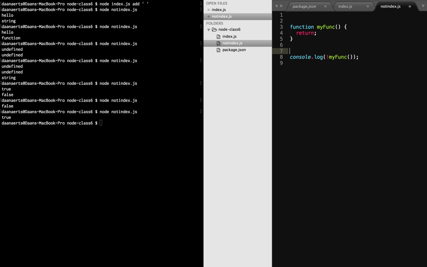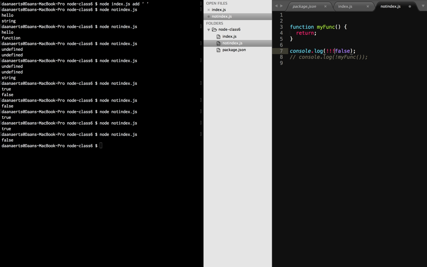I know this is not really what we had in mind to do today, but what is this? True. Not false is true, right? If I do this, false. You can go like that all day. But now you do the opposite. So the opposite of true is obviously false, and the opposite of false is true. But the opposite of undefined is not defined, it's true. And that's what the exclamation mark is weird, because it's sort of